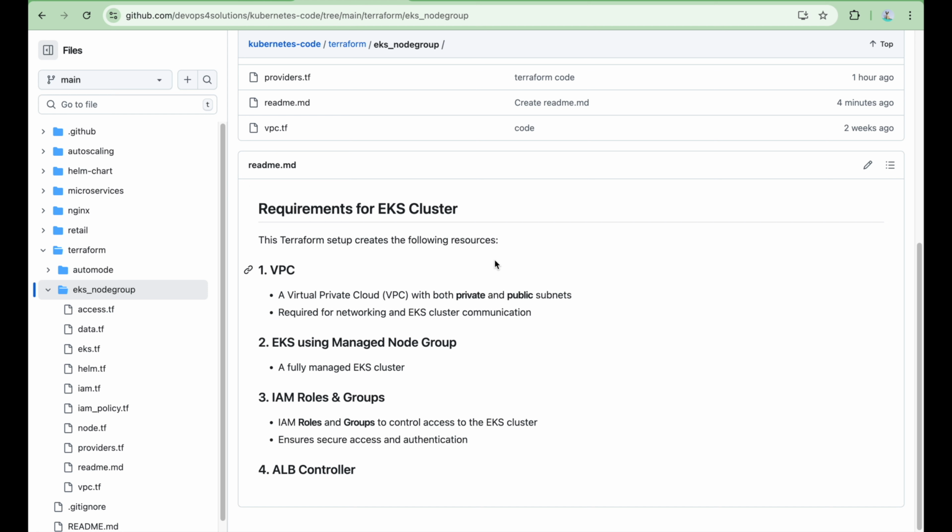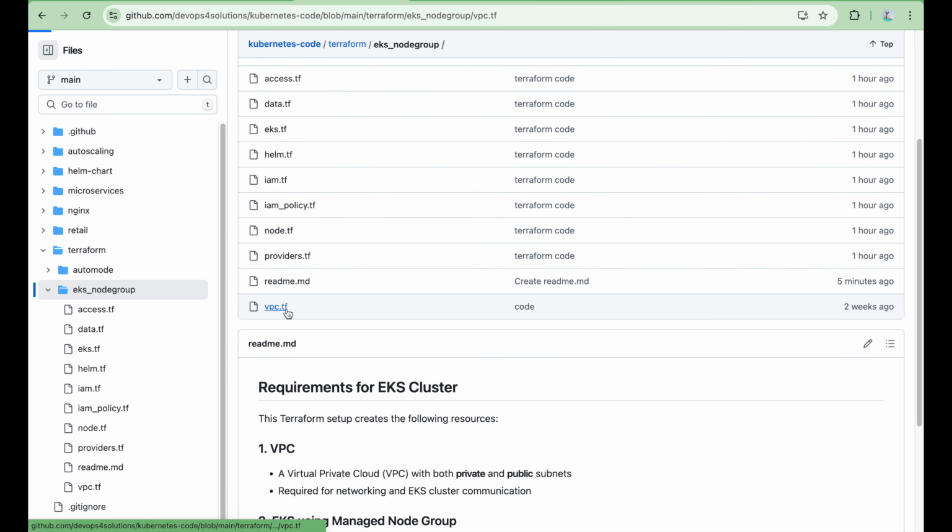The other thing that is different is the ALB controller. In EKS Auto Mode, we don't have to install any ALB controller, but with EKS managed node group, we have to install the ALB controller. And for that, we have to create the OIDC provider and have all the trust policy. So we will see how we can do everything using IaC. If you want to go through the manual steps, I have created a video on that which you can follow. That will have all the manual steps for how to create the EKS cluster using managed node group.